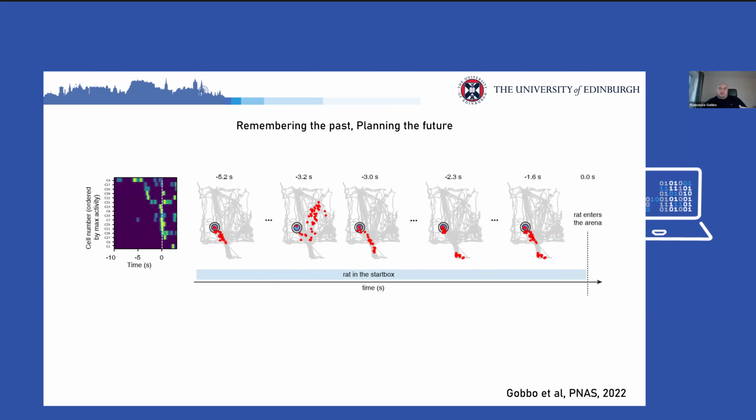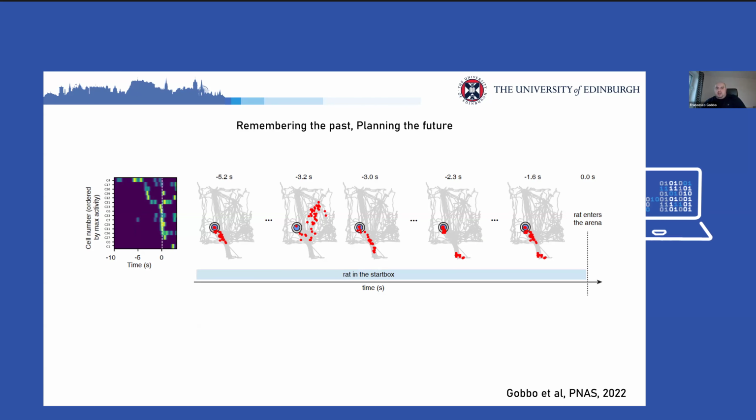And again, what we found is that while the animal was in the start box, there was reactivation of cells that corresponded to potentially different trajectories and destinations. For example, these are different cells that were active while the animal was in the start box, and this is what they represent in terms of space. So you see that, for example, 5 seconds before leaving the start box, the animal's thinking about, well, one cell is active that is representing the destination, and a sandwell is represented. At -3, the animal starts thinking about a different one, and then again focuses back on the rewarded one.